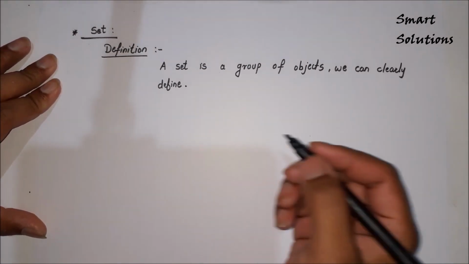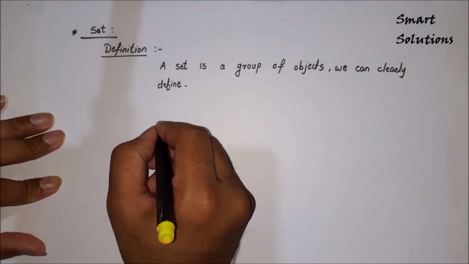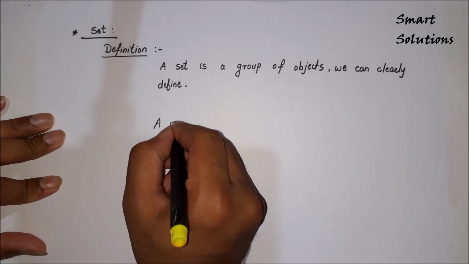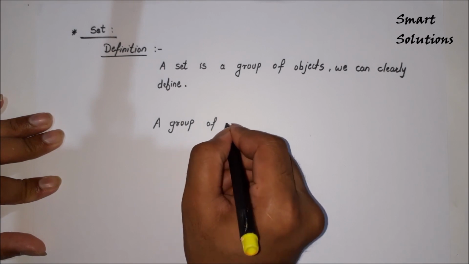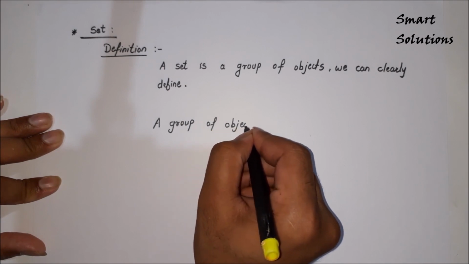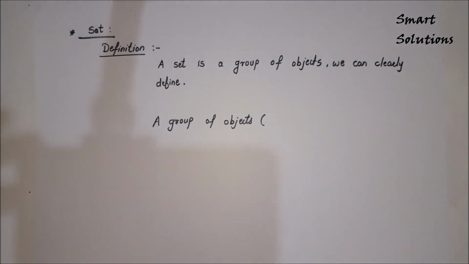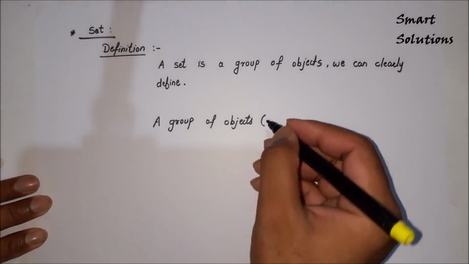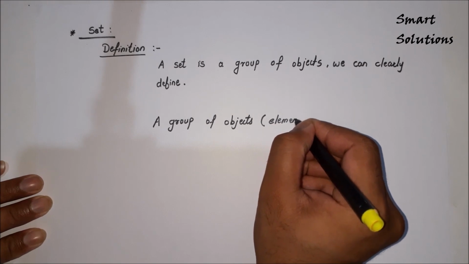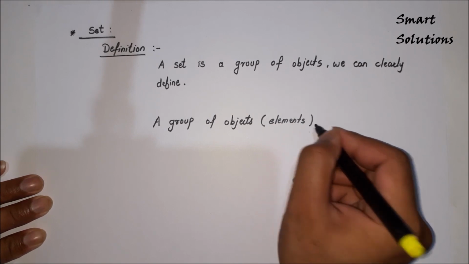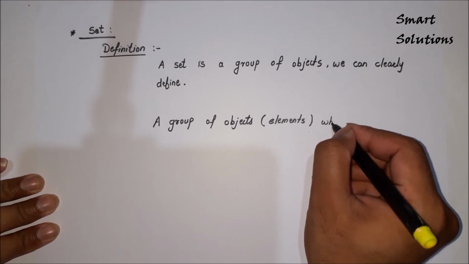We can also write that a group of objects, and objects can also be called elements. So it is a group of elements whose